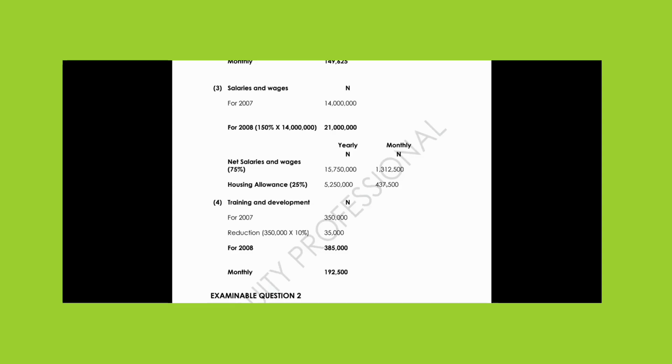But I will do a solution in my Excel. If I want to solve it the other way around, I will get the same answer. There is a solution I can use. I will send it to the group chat. It will be the same as this. But where the examiner is going, the examiner wants us to break our salaries and wages into two. One is for other salaries and wages. Another one is for housing allowance. That is what the examiner wants us to do, which I've done in my solution.